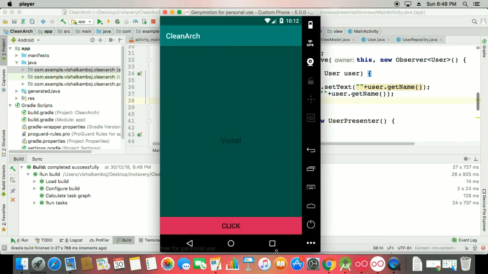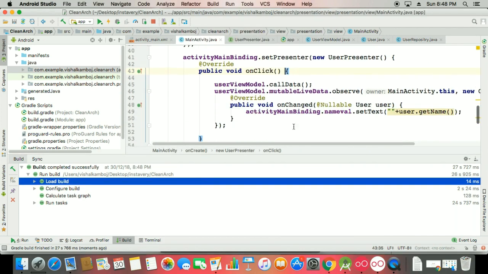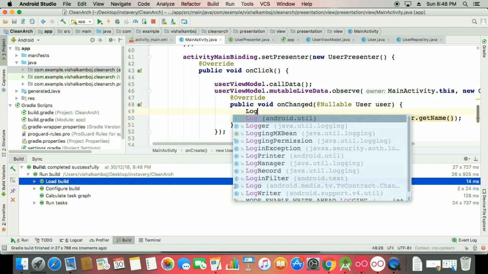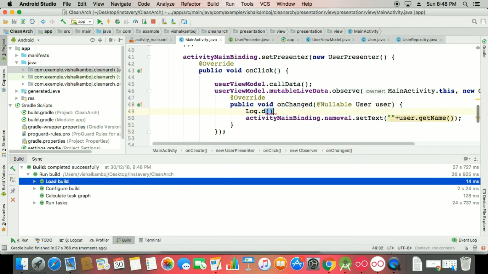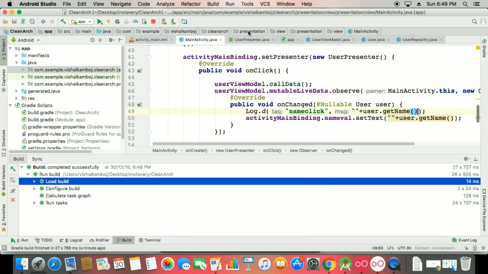So you can see that's Vishal. Yeah, it's also Vishal because it's the same name here. So if you want to check that again, you can make a Log.d here, and I'm just giving another tag, name click. So name click, this is your user dot get name.